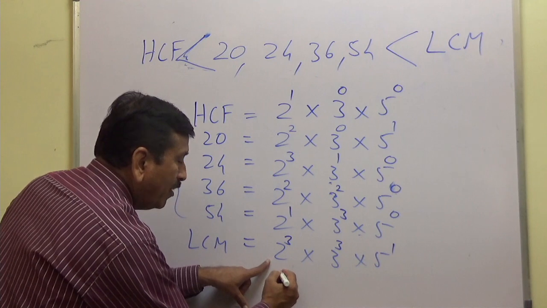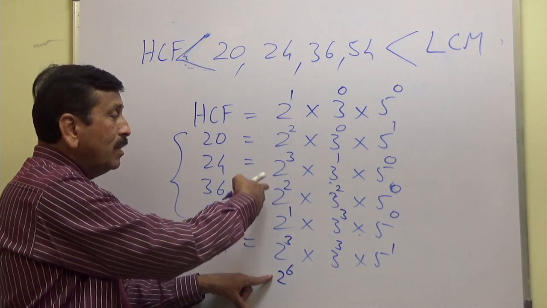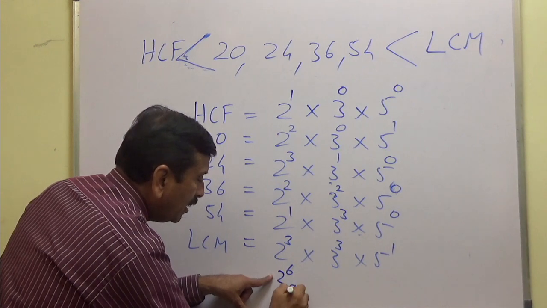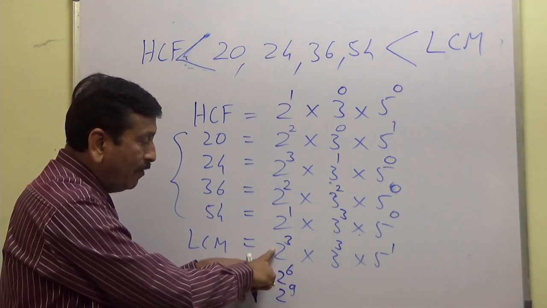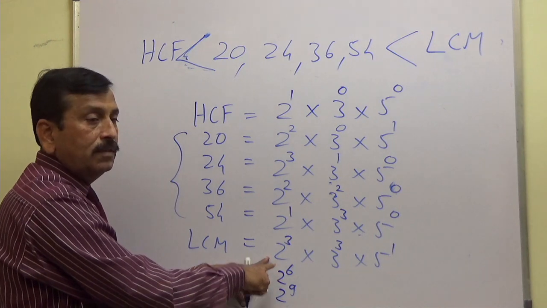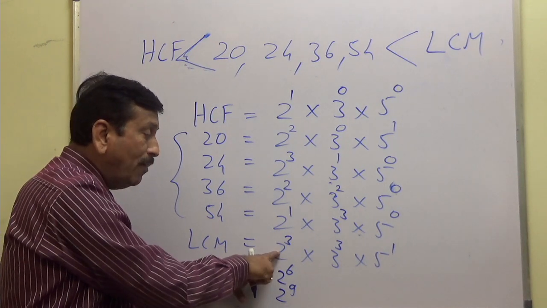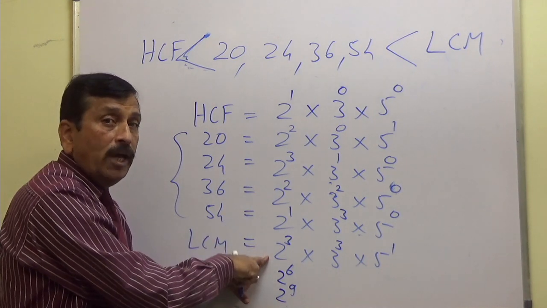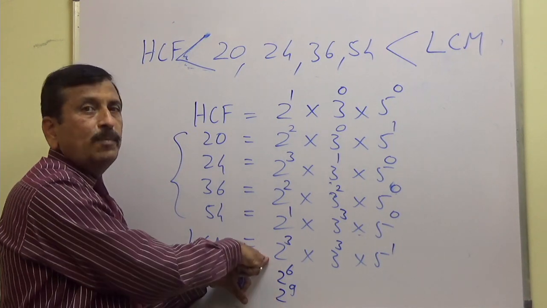Understand? Suppose I am having power 2 to the power 6. It is also divisible by all of them. So this is also common multiple of all of them. If I consider 2 to the power 9, this is also common multiple of all of them. So can I say 2 to the power 3, 2 to the power 6, 2 to the power 9 are all multiples of all of them. Are you getting it? However, 2 to the power 3 happens to be the minimum out of this. So 2 to the power 3 is the lowest or least common multiple. Common multiples are all of this. 2 to the power 3 is the least one.